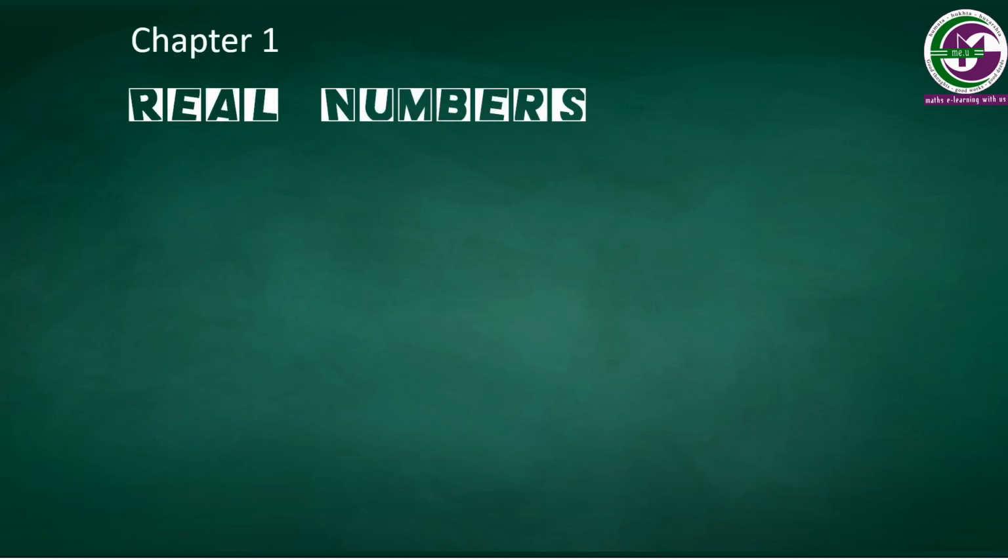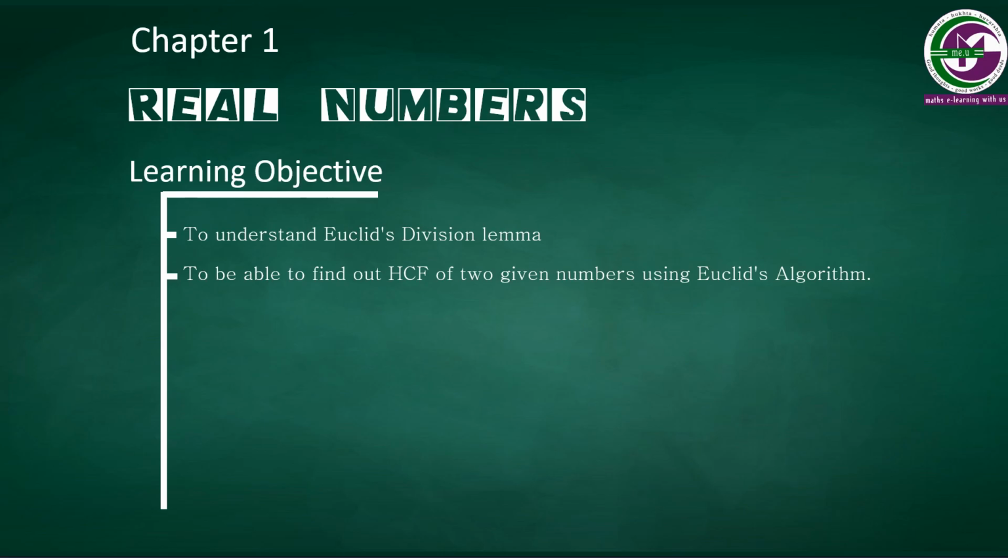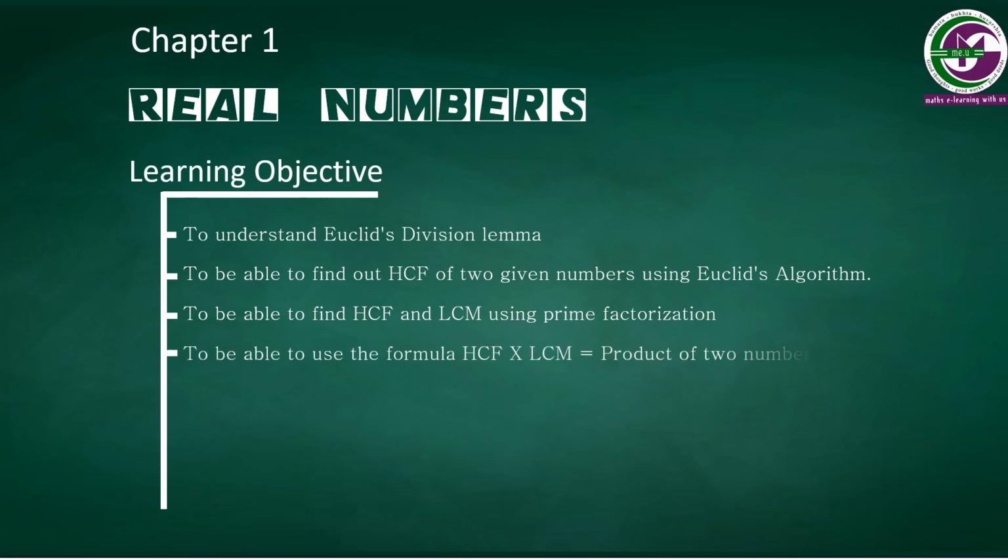Today we are going to discuss the first chapter of class 10 mathematics, real numbers. Let's see what the learning objectives of this chapter are. First one, to understand Euclid's division lemma, to be able to find out the HCF of two given numbers using Euclid's algorithm, to be able to find HCF and LCM using prime factorization,